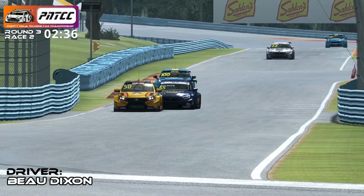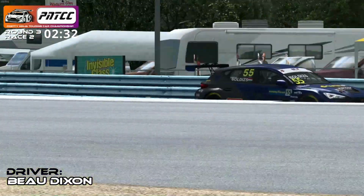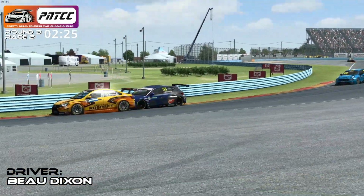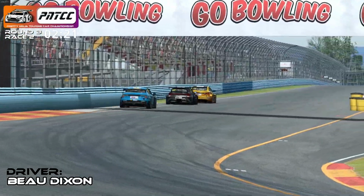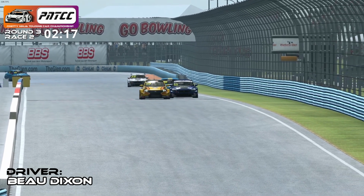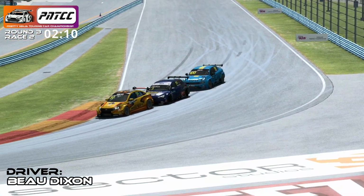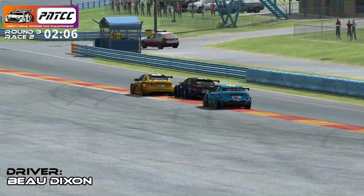As we come up to T10. Now the sound system in the game said turn 9, they were wrong, now it's turn 10. As Bo looks down the inside of T11 and essentially isn't getting much of a run out. He's a little bit too close to Anders right now. He almost needs to give himself maybe a 2 or 3 tenth gap to be able to utilise the legs on that Cupra. As all 3 drivers, nose to bumper, nose to tail,